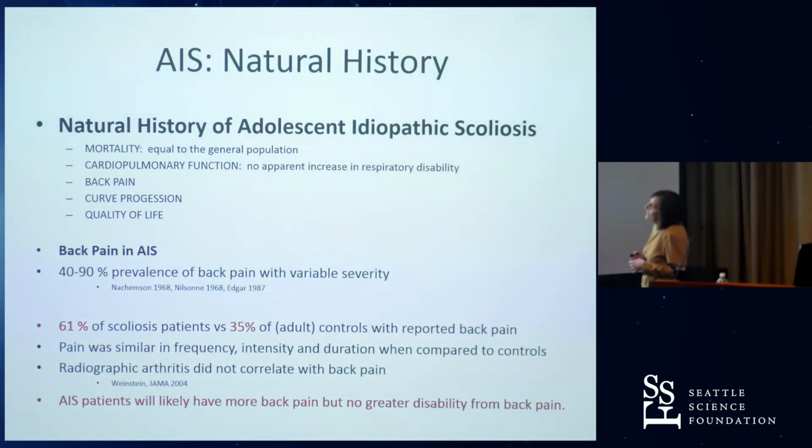Back pain. Back pain has also been thought to be quite prevalent, maybe 40 to 90%, and maybe of variable severity in those earlier studies. Our Weinstein study was quite nice. They looked at that group of 400 people with ongoing adolescent idiopathic scoliosis that was untreated, and they compared them to a similarly sized group of